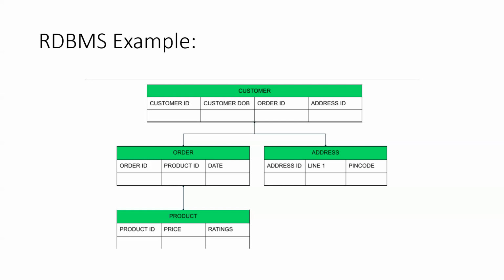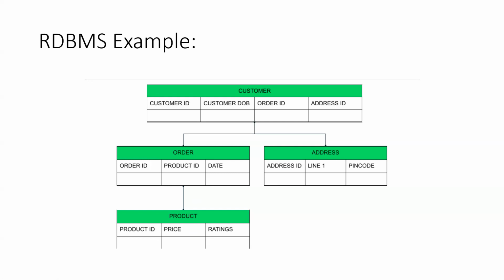A primary key should be unique for that particular table. So over here, in the customer table, customer ID is the primary key. In the address table, address ID is the primary key. In the order table, order ID is the primary key. In the product table, product ID is the primary key. And the same key, when it's used in another table, works as a foreign key. Suppose in the order table, order ID should be the primary key and unique in nature, but product ID in this table is not a primary key. You can see multiple orders can have the same product, because they can purchase the same product in different orders.